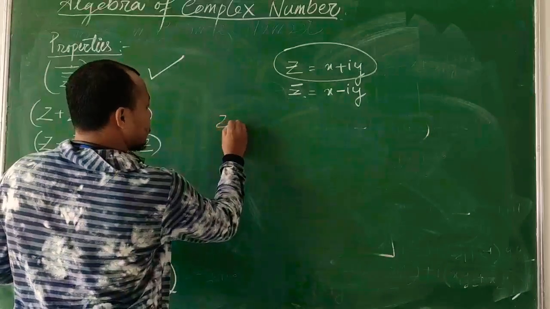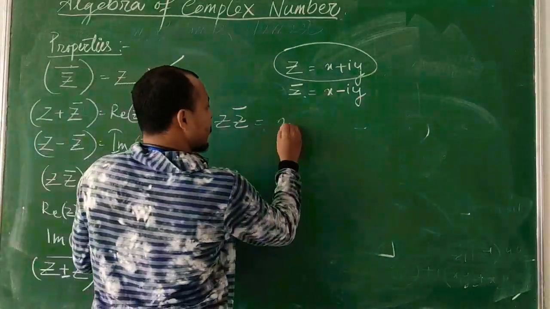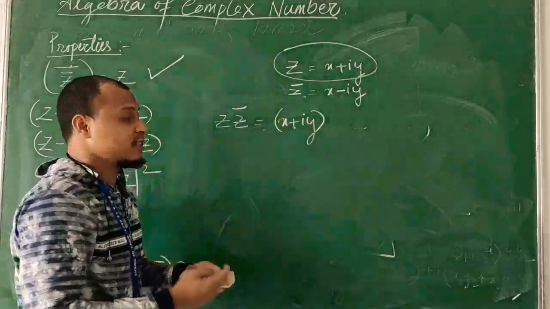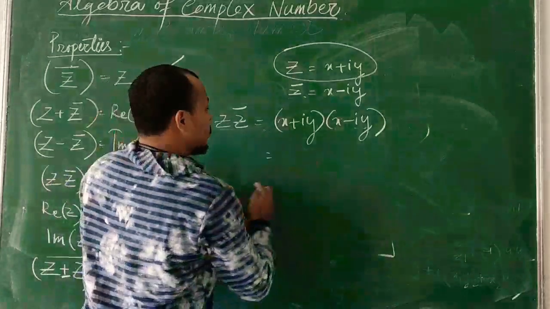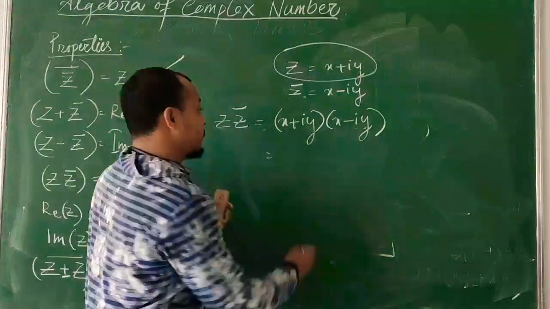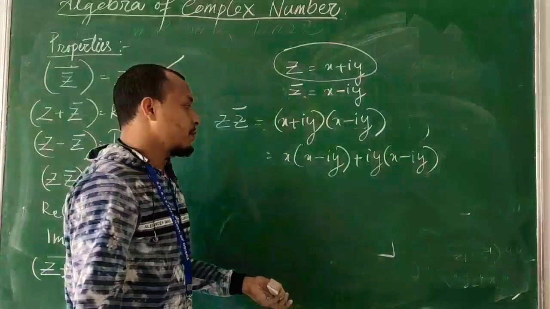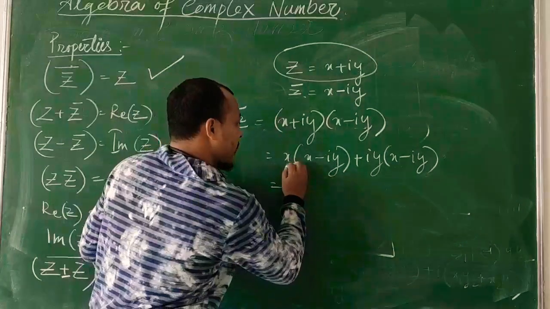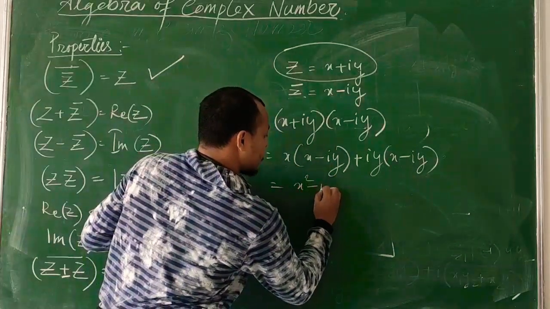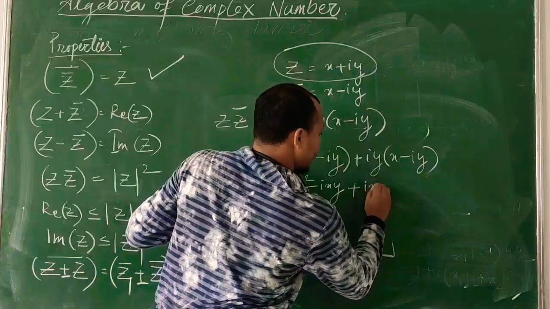What is it? z times z conjugate. What is z? x plus iy. What is z conjugate? x minus iy. Now it's the same usual multiplication. Apply the distributive property: (x plus iy)(x minus iy). Okay? It's simple, right? We know how to multiply this. So x into x is x square, minus i into xy, plus i into xy,